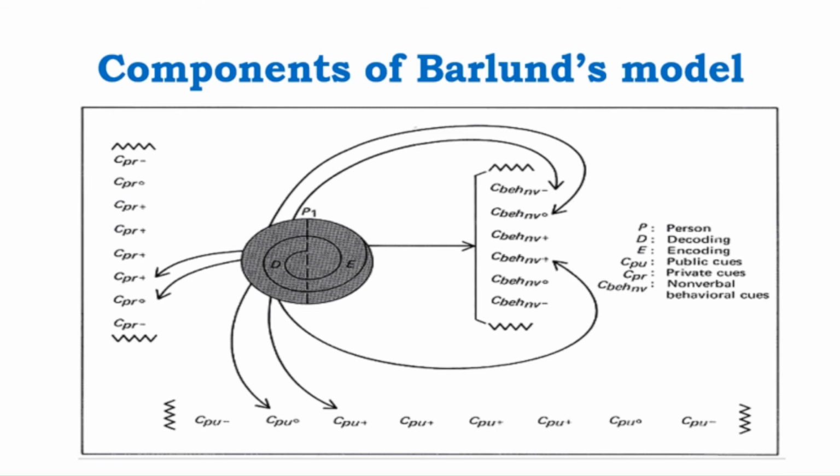Another set of cues are behavioral cues. Behavioral cues can be verbal, or CBEHV, as well as non-verbal. The arrows and their directions show that the message is intentionally sent and actively taken when the receivers play a key role of giving feedback. Arrows also show the process of production, technical encoding, interpretation, and decoding. The jagged lines show that the availability of cues can be unlimited and are denoted as